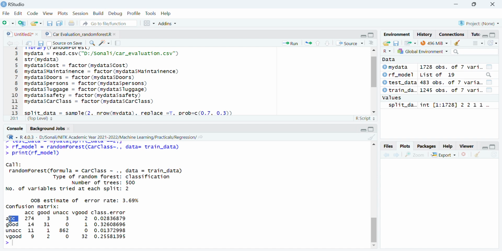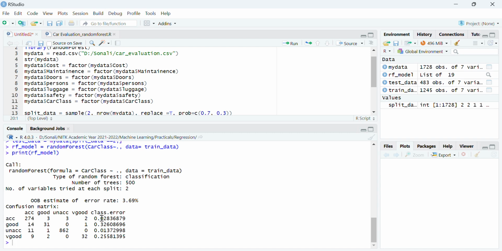Fine. Then let's analyze the classes. You have 4 classes here. One is acceptable. This is the confusion matrix which has been created. The diagonal values are always the correct ones. So 274 were acceptable and are correctly predicted, 31 were actually good and are correctly predicted, 862 were unacceptable and were correctly predicted, and 32, right? Now, which class is giving the maximum error?